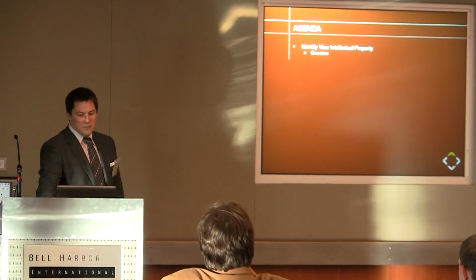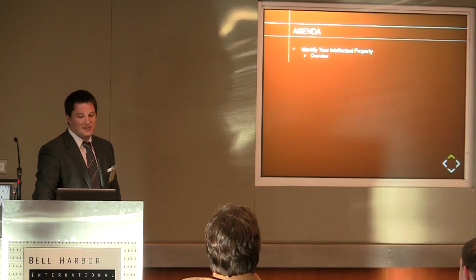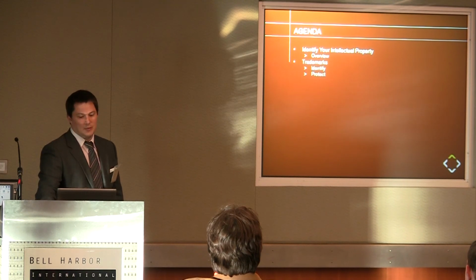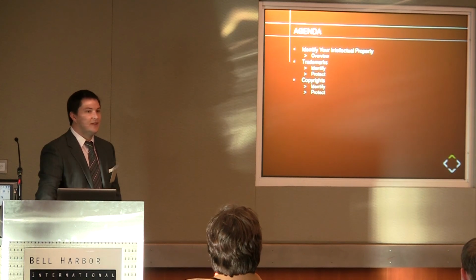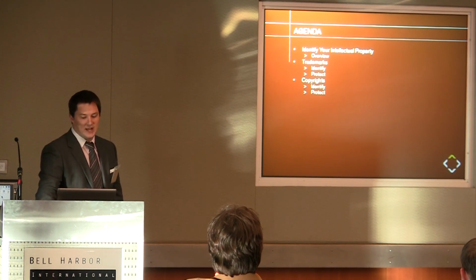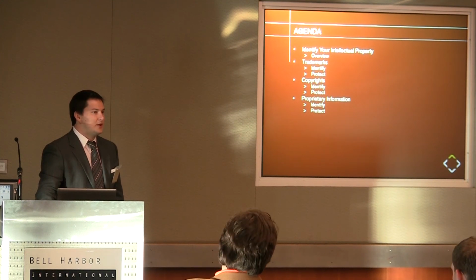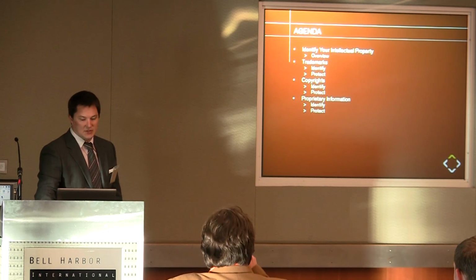A little bit of a roadmap of what we're going to talk about today. A lot of the trouble that we have with our younger entrepreneurs is identifying their intellectual property, not really realizing what is their intellectual property. We're going to talk a little bit about the basics. Trademarks, how to identify them and protect them. Your basic copyrights, how to identify what you have that you have copyright in and how to protect that. Your proprietary information. Some of the things that you might not realize constitutes intellectual property as part of your business, but that most certainly does and is oftentimes the most important part of your business.